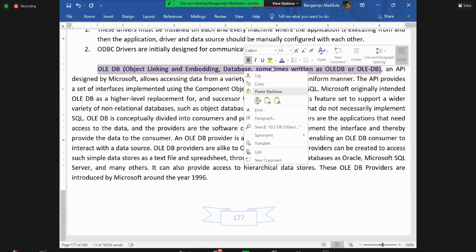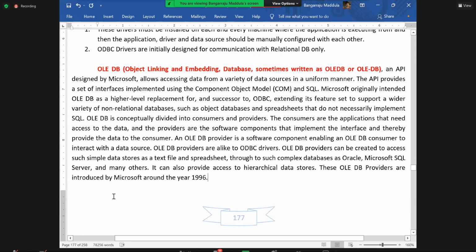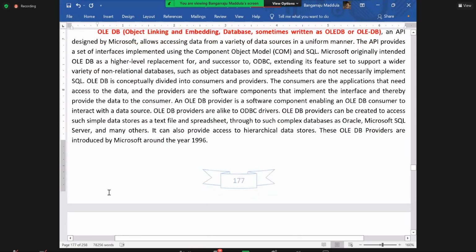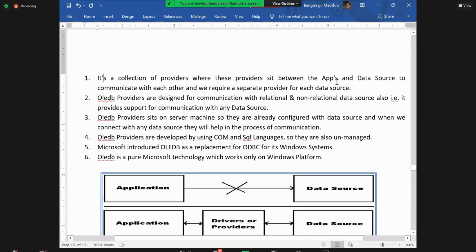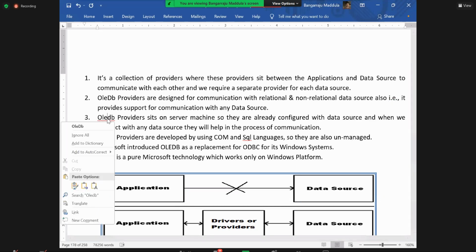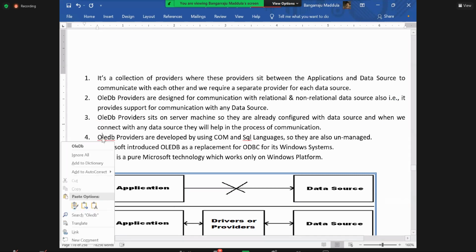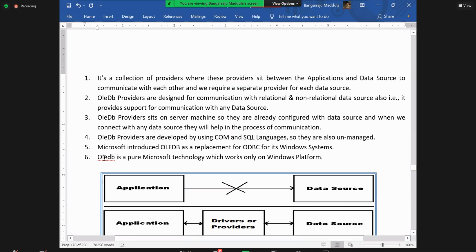Okay, so OLEDB stands for Object Linking and Embedding Database. It was introduced in the year 1996. Some important things about OLEDB: it is designed for communication, it's a collection of providers, and mainly it is designed to communicate with any relational database, not specifically